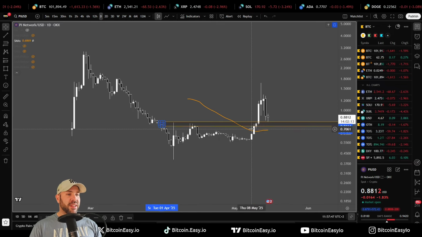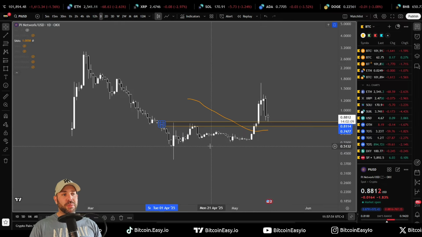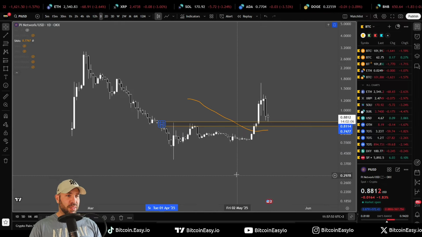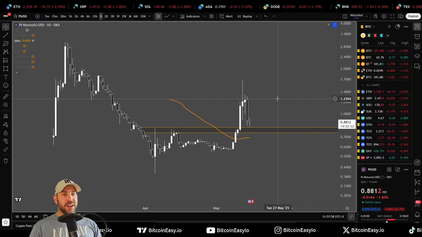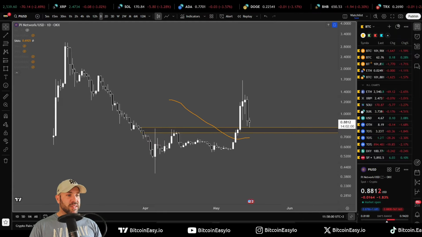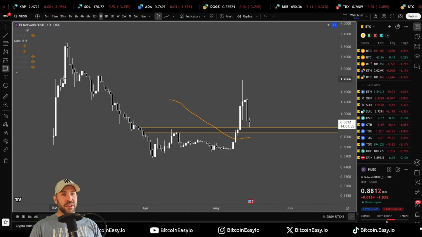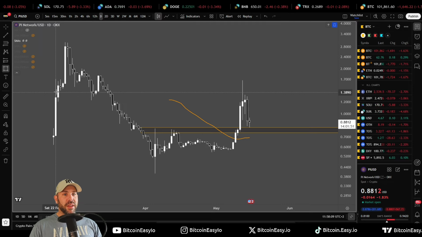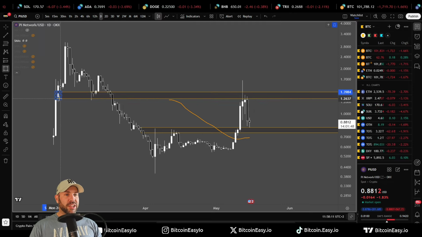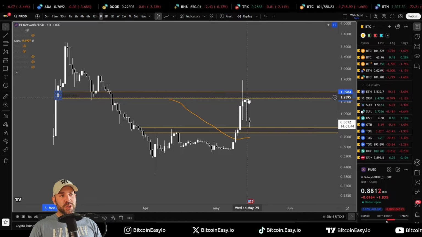Anything below there could potentially bring Pi towards at least the previous lows, or potentially even to new lows. Very hard to say with these kinds of charts. Of course, there's almost no data. And then to the upside, you can see here that was the other key area of interest that we can find in the charts. There's only a couple or 3 of them with significant touch points. Here we have another one, coming from the price action in this area. And there we saw that was the exact point where Pi got rejected